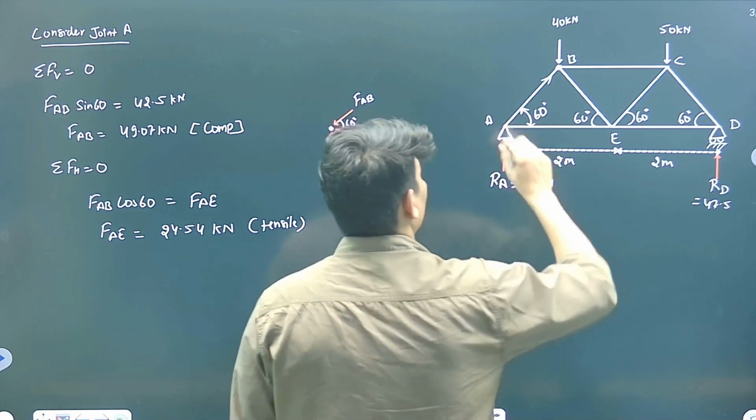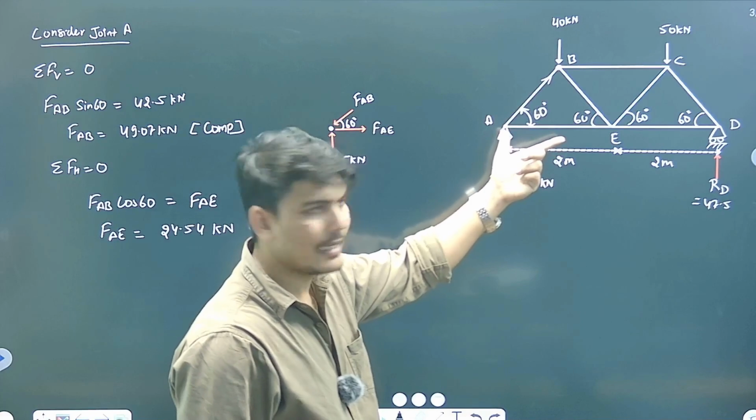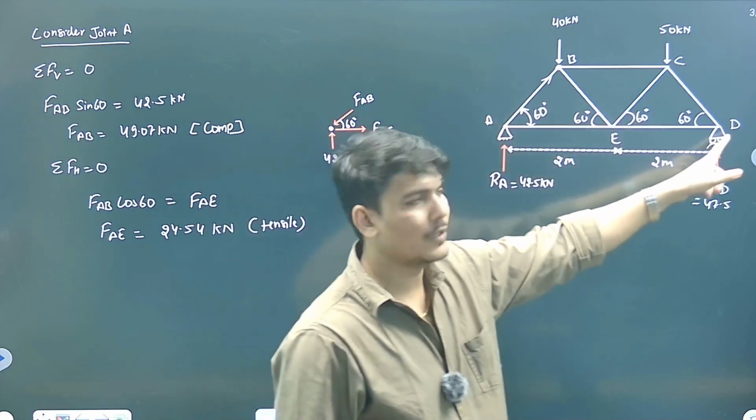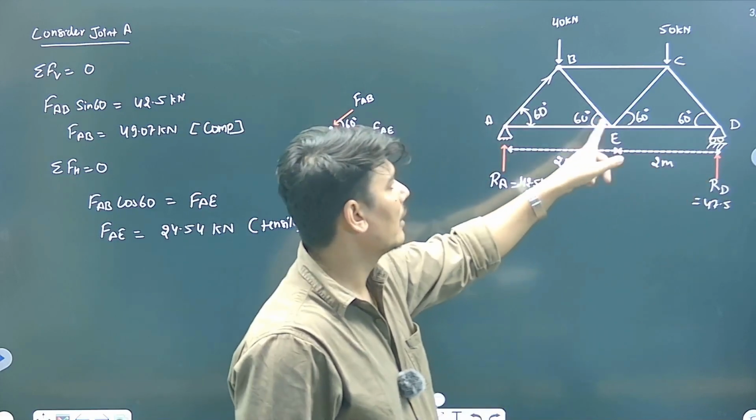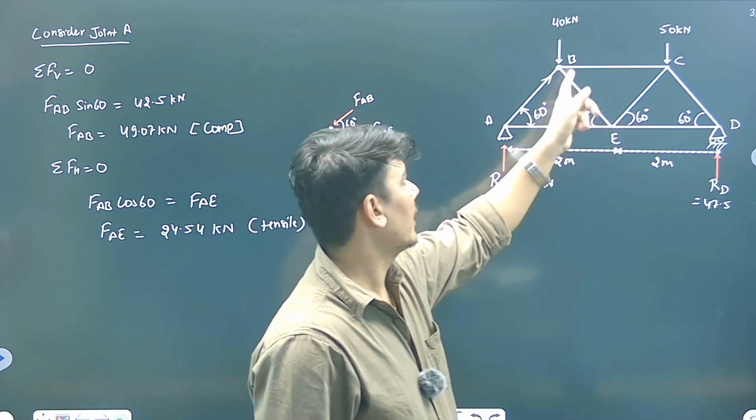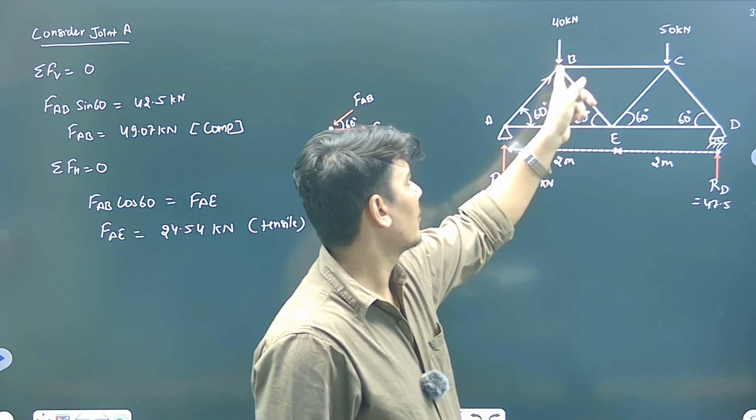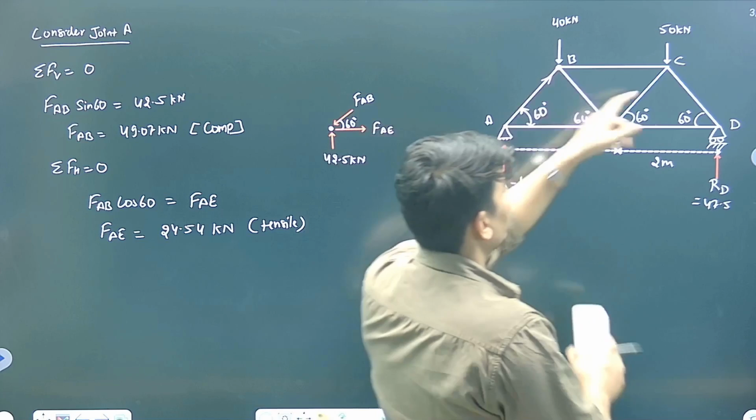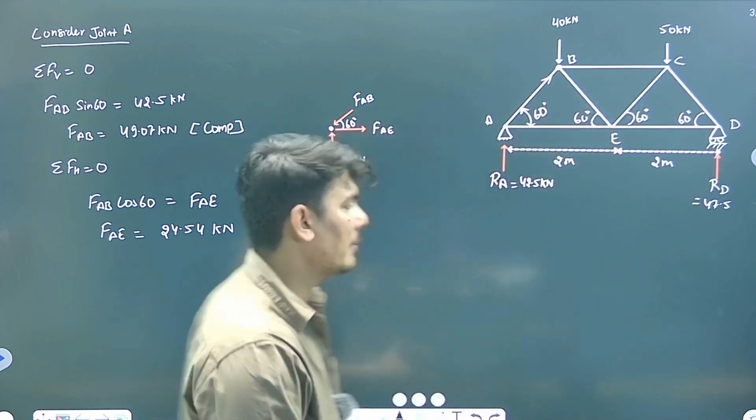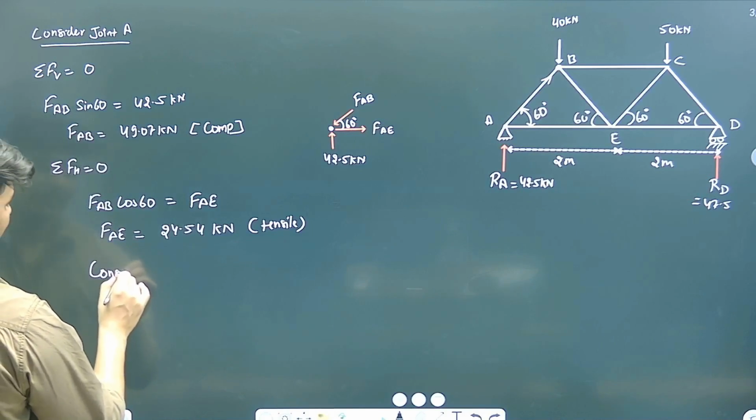Right. So AB is done, A is done. Similarly, let us move to joint D. Why not E? E has again more than two unknown forces, right? We can proceed to this point. What about B point, C point, right? Let us first solve D point. So consider joint